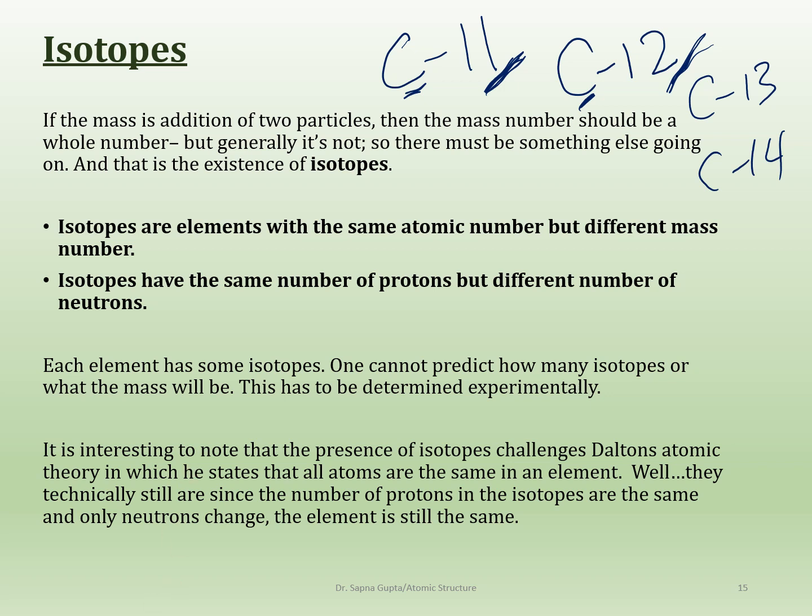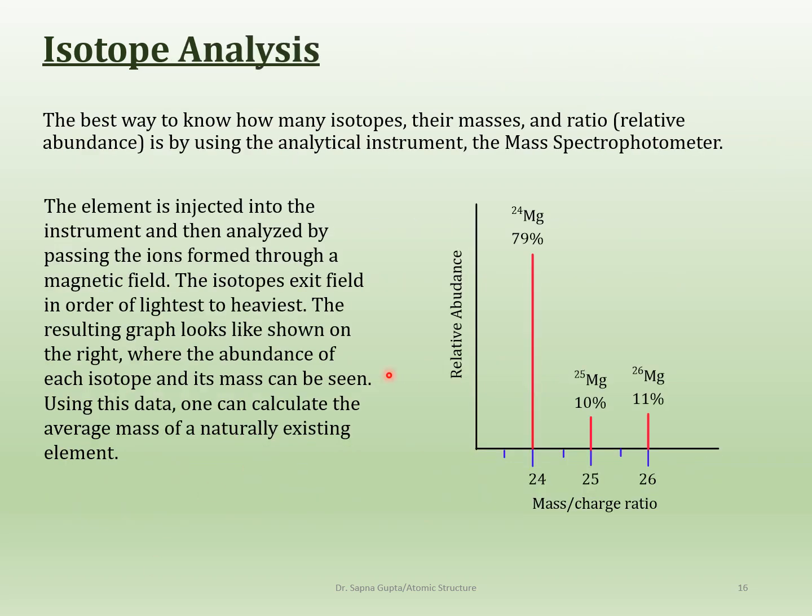How do we study isotopes? How do we find those? You do that by looking at it through an instrument, and that instrument is called the mass spectrophotometer. You put the sample inside, and the sample gets bombarded with electrons, and then all the atoms start speeding along, and that speeding is done through a magnetic field. Then they are analyzed by a detector, and that analysis is based on which particle comes out first. For example, for magnesium, magnesium 24 comes out first. That's the lightest one, because the lightest will travel the fastest, then the heavier one, and then the heaviest.